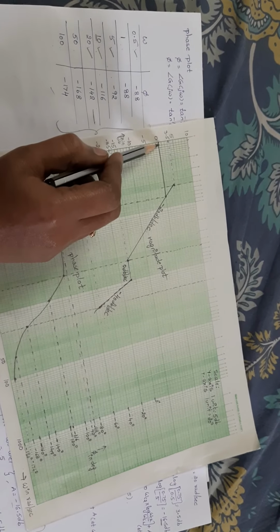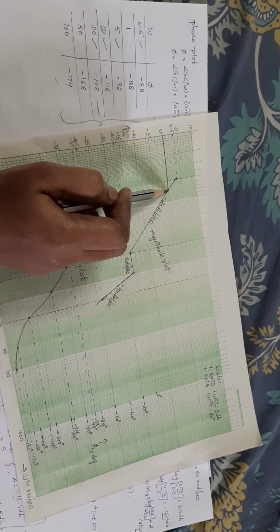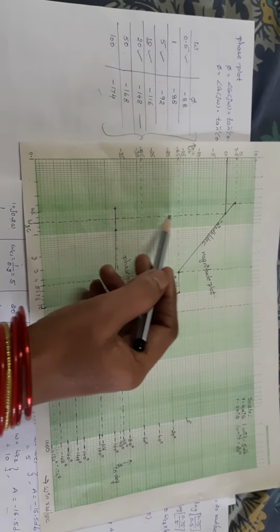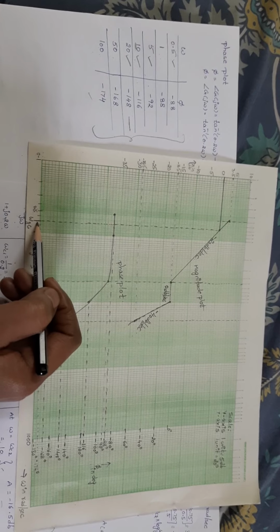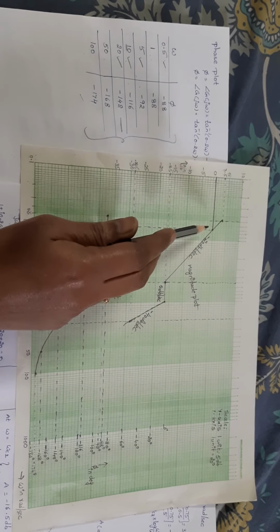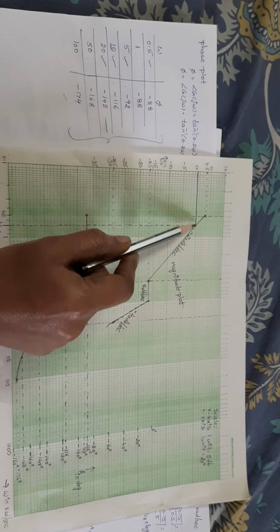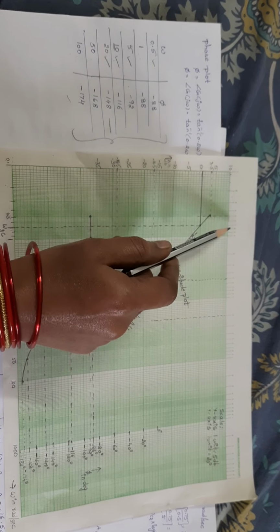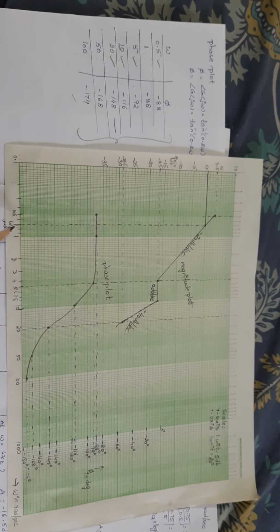From 0 dB, you draw one line. This line touches the magnitude plot here, and from here you draw a straight line down. This is nothing but the gain crossover frequency. Remember, the magnitude plot we are drawing is for gain. From 0 dB you draw one straight line which touches the magnitude plot, draw it straight down to the axis, and mark that value as the gain crossover frequency.